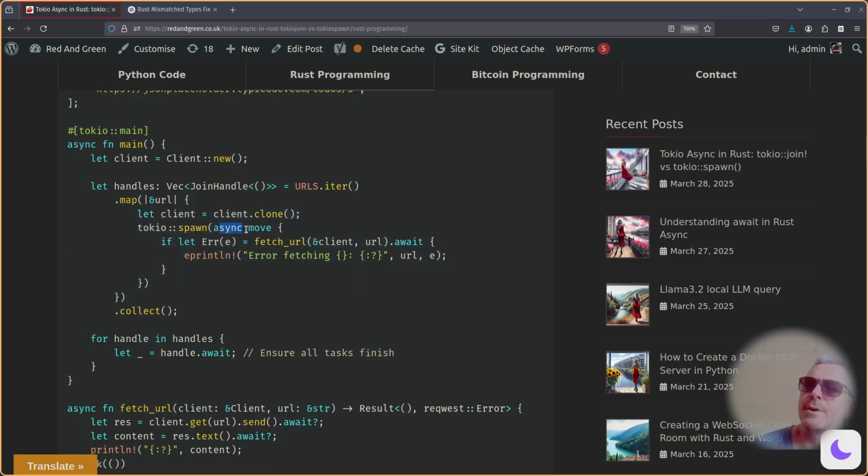The async move captures the outer stuff, captures the environment, doesn't it, or the outer variables. So that's why we use the ampersand for the borrowing there, the reference. And then we just collect. So that's making a vec of join handles. So we had a vec of join handles, and then here we did iter and for,